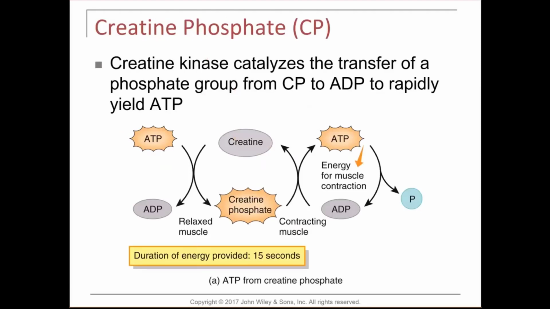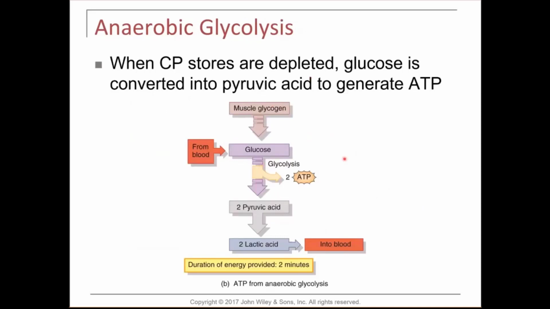So again, creatine phosphate provides energy for about 15 seconds, an immediate source of energy. The creatine phosphate reserves in your body basically deliver phosphate groups to ADP, getting those ADP molecules charged into ATP. Now our muscles can use ATP. So this is an immediate form of ATP production. Not a whole lot of ATP though, right? So beyond this, let's say you continue beyond 15 seconds or so,